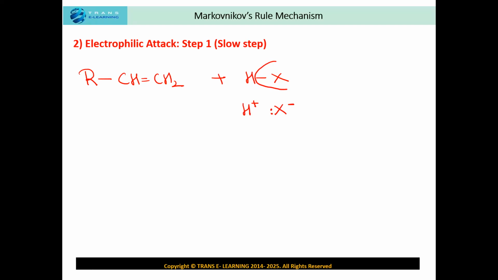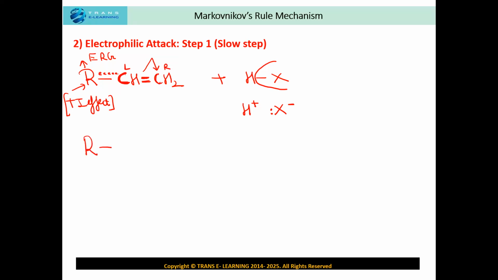And this is our alkyl group, which is an electron releasing group, and it is releasing the electrons towards this carbon atom. So as I've told you, the pi electrons of the double bond will go to the carbon atom which is away from the alkyl group, because, due to the plus I inductive effect, it is going to release the electrons towards the carbon atom on the left hand side. So this pi electron will move to the carbon atom on the right hand side, as I have discussed. So what is going to happen?